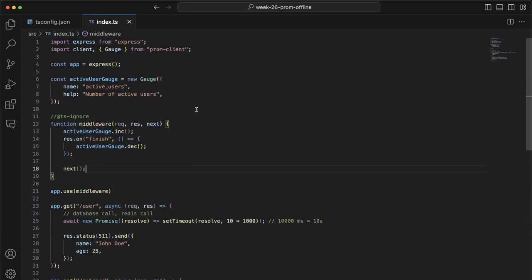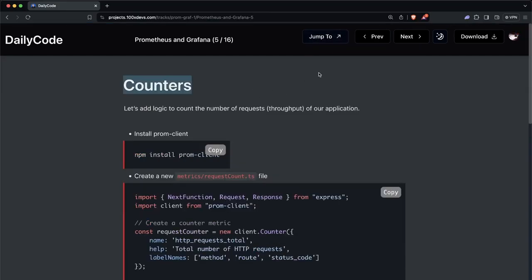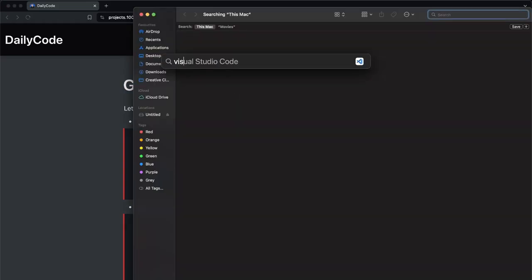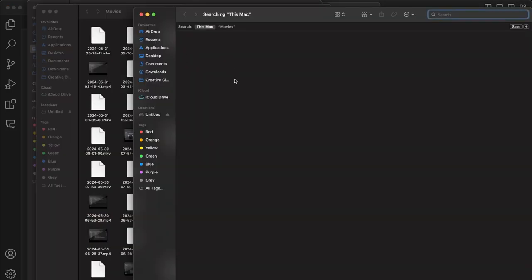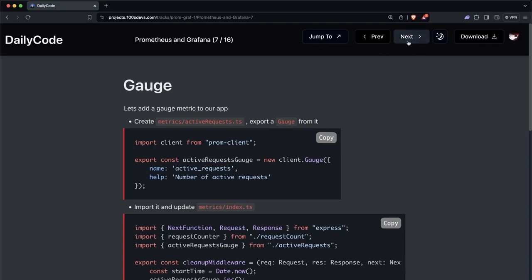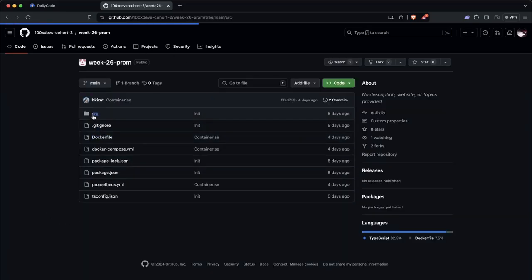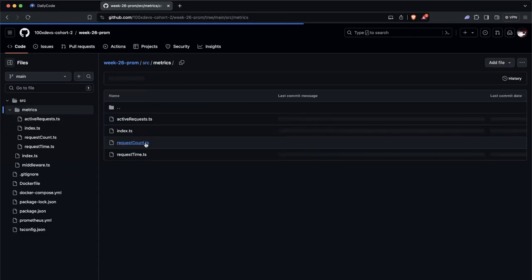Now we're done with the first 2 important metrics. If I go back to the slides, we're done with counters and we're done with gauges. If you go through all the slides, we create a very full stack application in which we structure things much better. We have both a counter and a gauge in the same place. I've just explained it in a slightly more toned down, easy to understand way. We've done counters separately, we've done gauges separately, but if you go through the slides, you will notice, basically by the end of it, you're able to create code that looks like this, which has multiple middlewares defined, an active request middleware, which looks something like